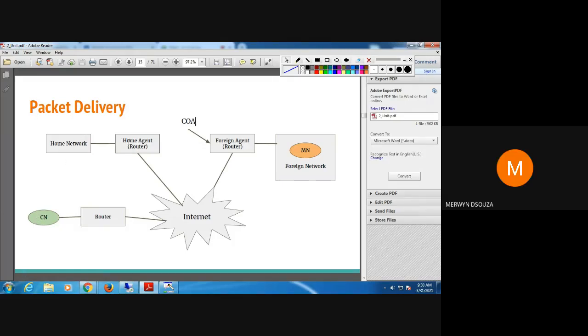Correct. So the CN only knows the address of the home network, and knows that the mobile node was supposed to be here. It will keep sending the packets through the home agent to the home network. It does not know that the mobile node has gone to a foreign network.